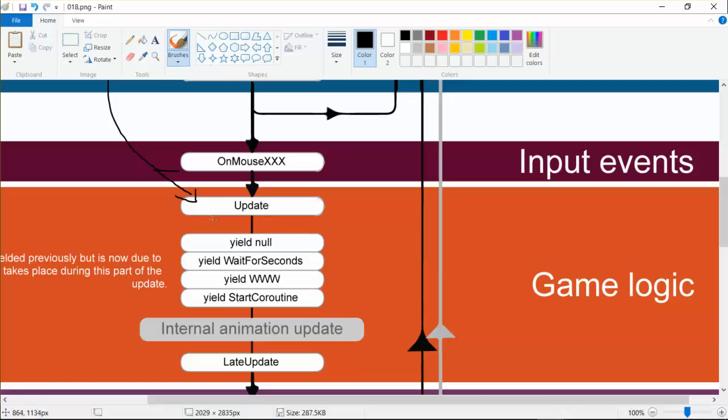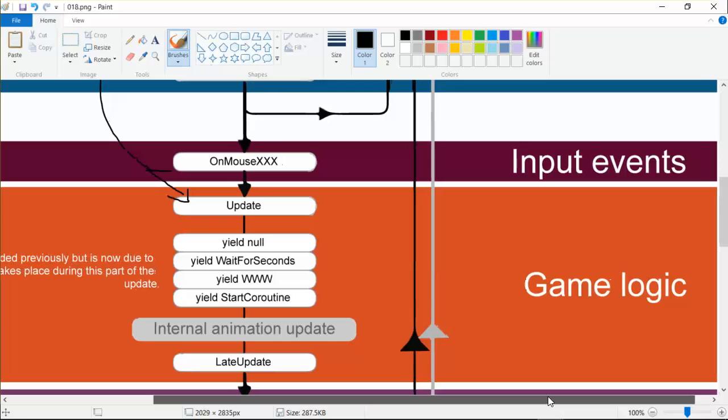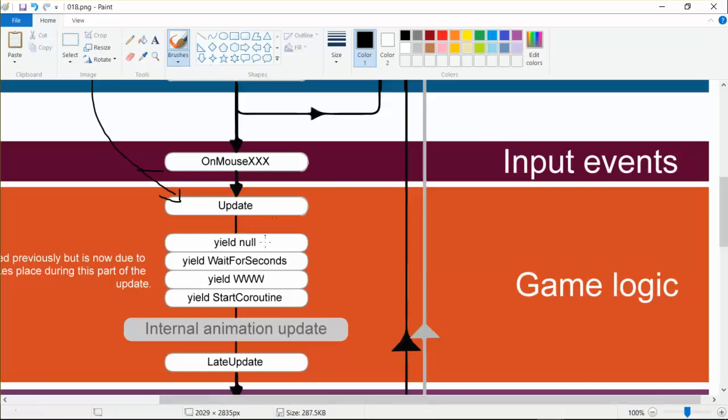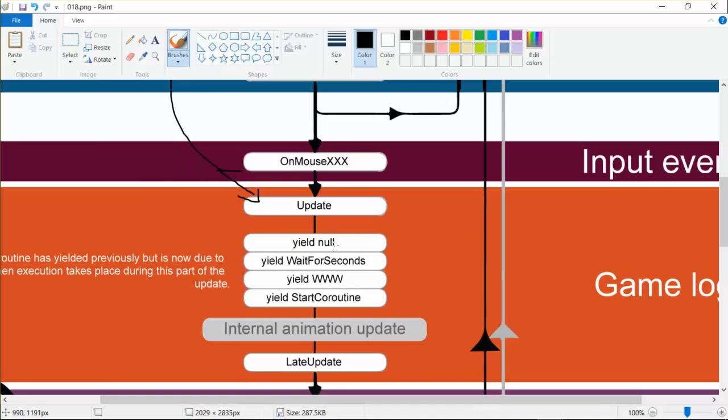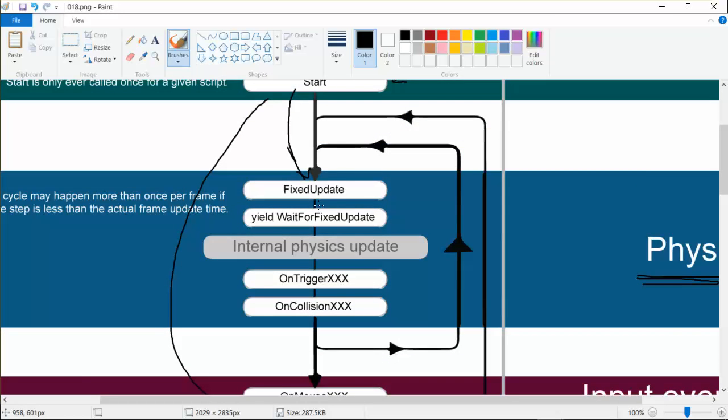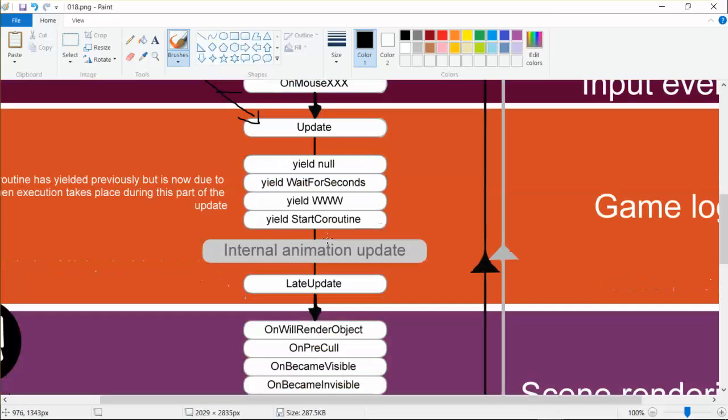All right, so on the Update method, we do the game logic, and inside this Update method, we can take the input from the user. We can do many things, the game logic of the game, like you're just gonna capture, for example, the raycast, anything else related to that you can use inside the Update. Anything related to physics, you can use the FixedUpdate, and this is just a general concept inside gaming